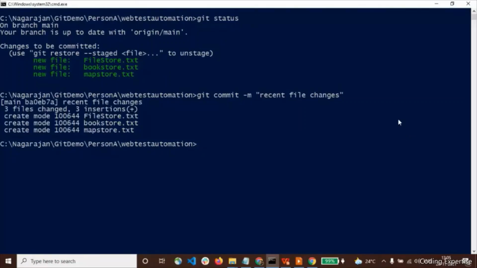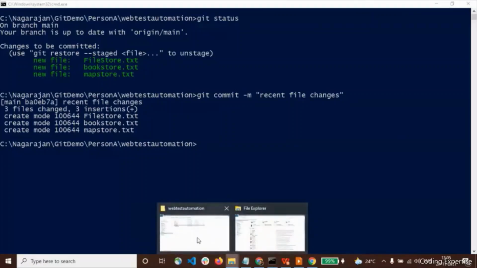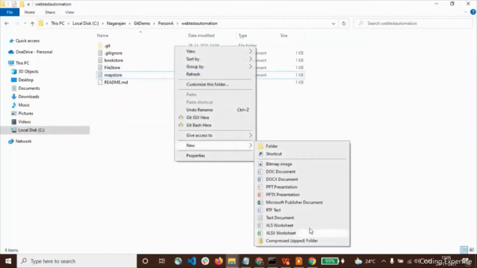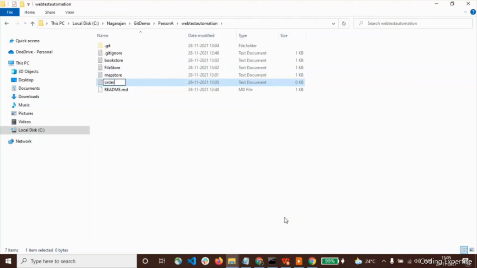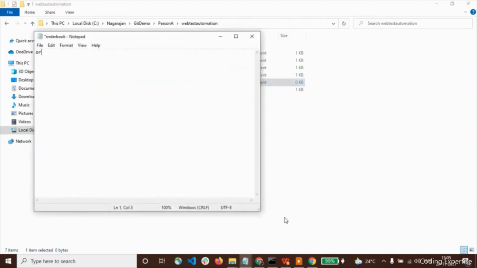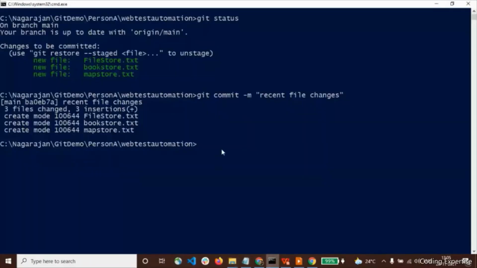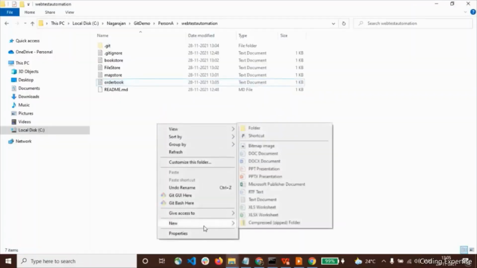Okay, now let me create a new file and show you. Order book, something like this. Okay, I've created a file, and let me create a directory as well.